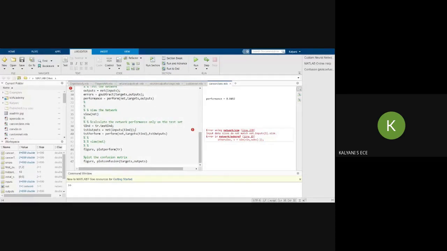accuracy. So using this neural network toolbox, you can go for classification, you can go for clustering, regression, and we can also go for supervised learning and unsupervised learning. So this is a little introduction about the neural network toolbox, how to use it,